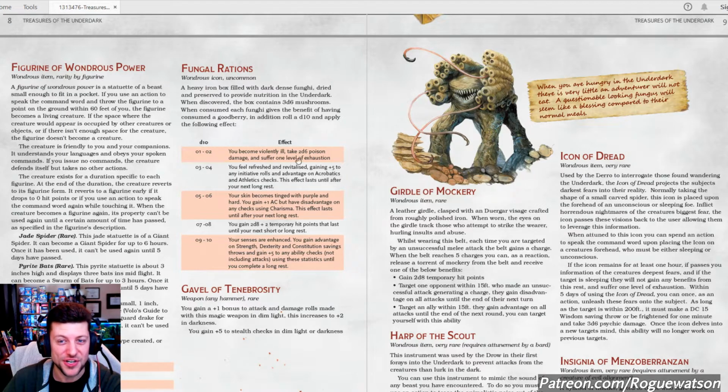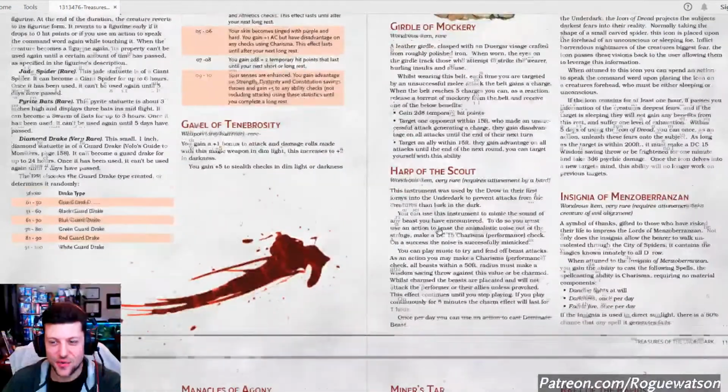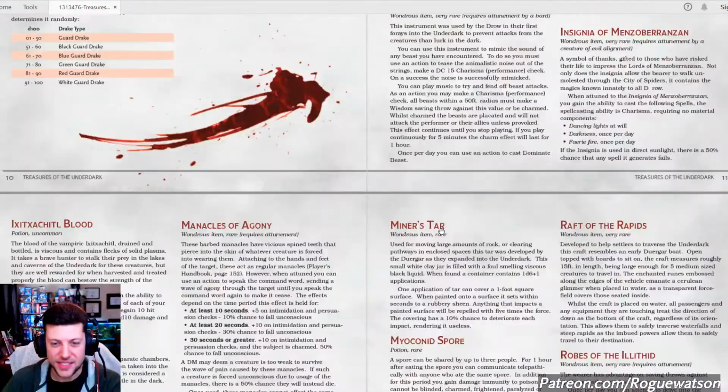So most of them are very good. You just have a slight chance of it being bad. I think that's really, really neat. The fact that it's a finite amount, the fact that they have to eat the mushrooms before they determine what they actually do, I think is a really, really fun concept that, obviously, doesn't have to be tied to mushrooms. It can be any kind of ration you want to use in your campaign, but I like that idea quite a lot. My only real complaint is that